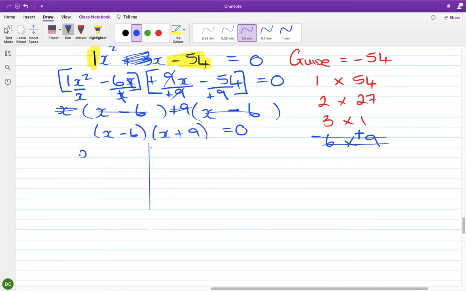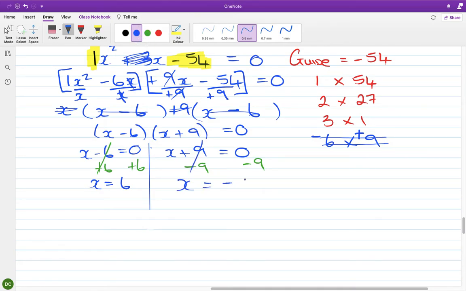So we split our page. X minus 6 equals 0 and x plus 9 equals 0. This needs a plus 6 and a plus 6. So x equals 6. And this needs a minus 9 and a minus 9. So x equals minus 9. Okay, so our two answers that we're after getting are